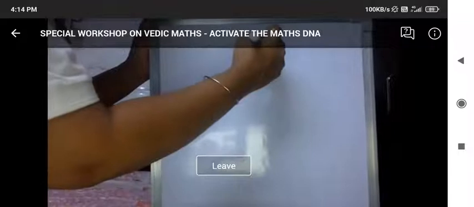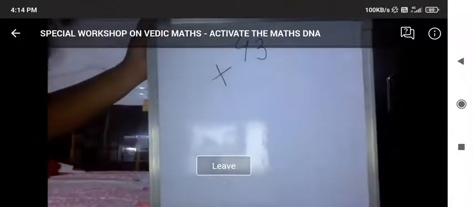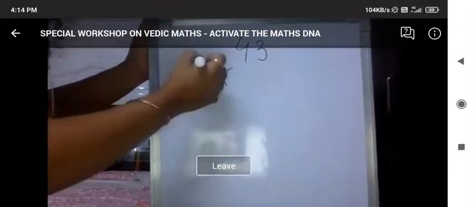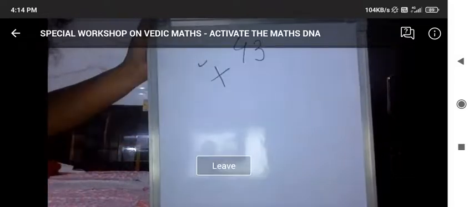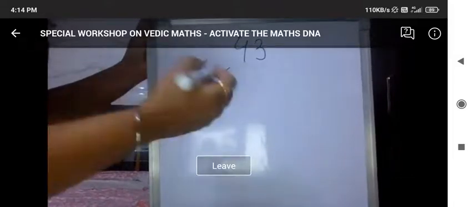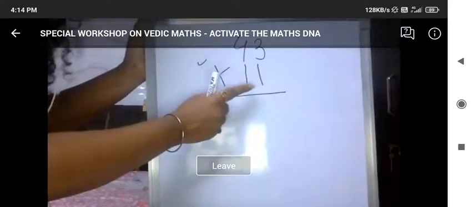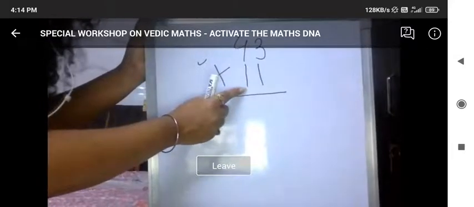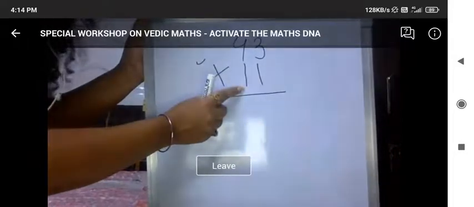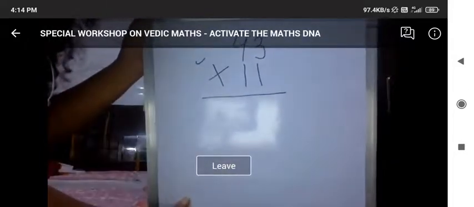Calculation from the very beginning. So suppose I take a number, 43. We'll be taking a trick in which we'll be doing multiplication, right? You have to multiply this number by 11. Now you must be thinking this is a very easy number ma'am has chosen, but I must say 11 is a very important number. Okay, so let's see.